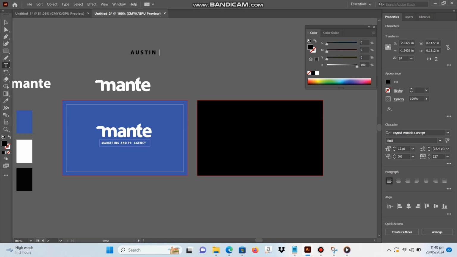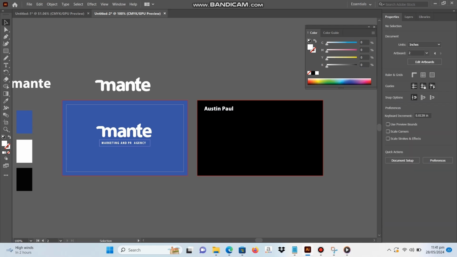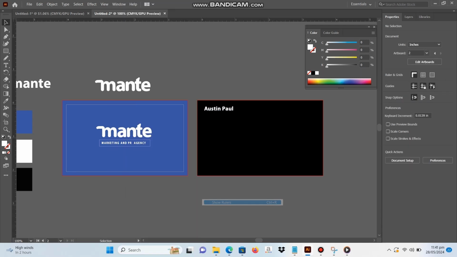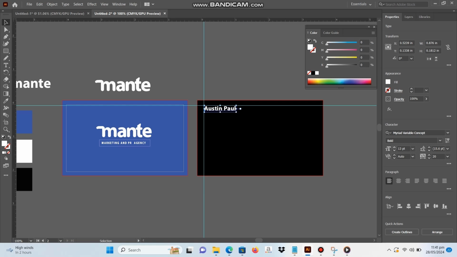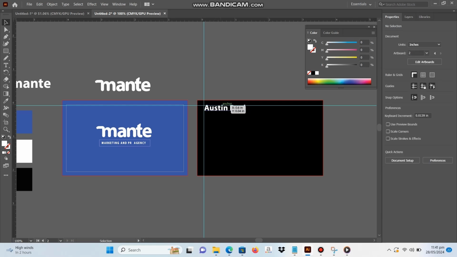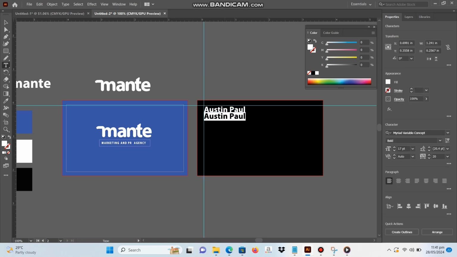As I told you, this card is all about brand and marketing, so it has to be a little bit professional and fun, playfulness, excitement, and everything. So I used a little bit of bold color. It's not usual. People don't usually use black color, but it looks very good. Now I'm going to write down the main JD of the person we are making the card for. So now after that, I write down the name.